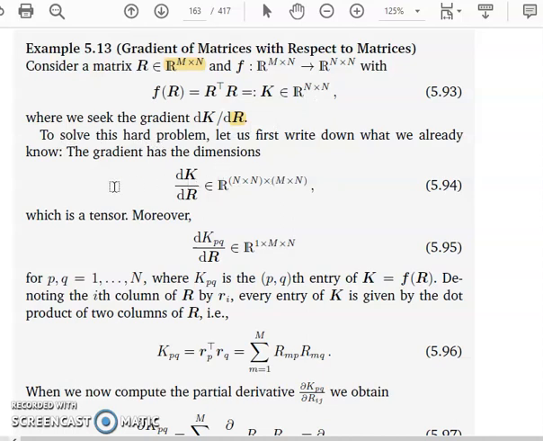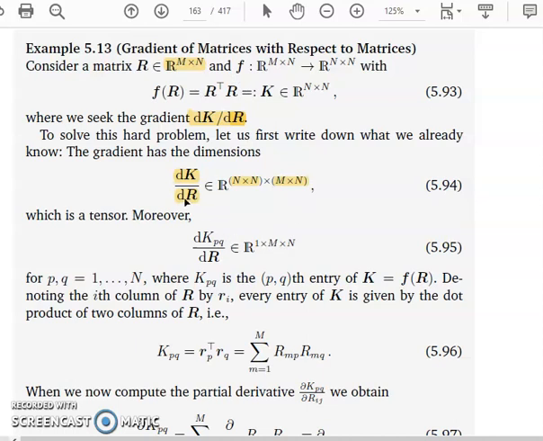To solve this, we first need to know the dimension of the gradient. The gradient is dK by dR. For the K dimension, you need to check: K is N by N, so it belongs to the set of real numbers of dimension N by N. Then you take the R dimension, which is M by N. So this becomes a tensor.